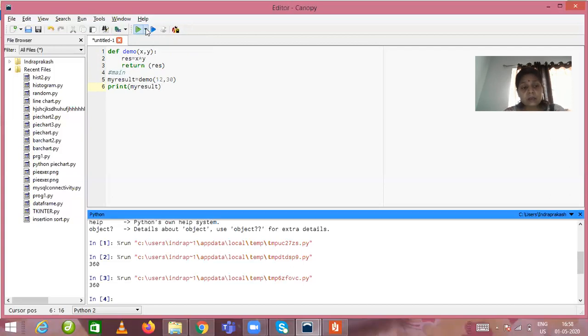So the result is the same, but we can use the value outside of the function also, correct? I hope this small concept will be clear to you all. Next concept I will share in another video. Okay.